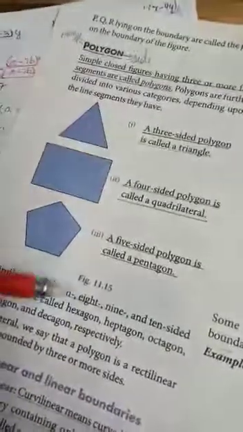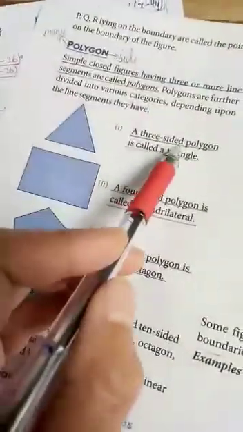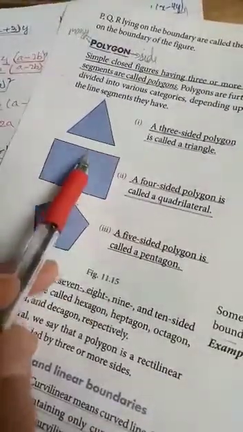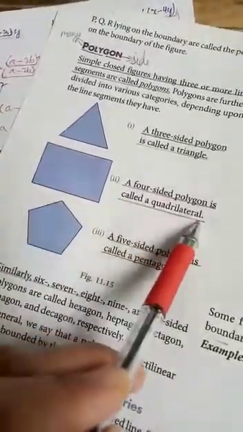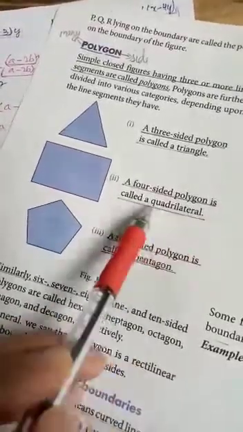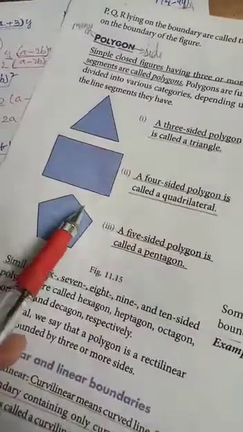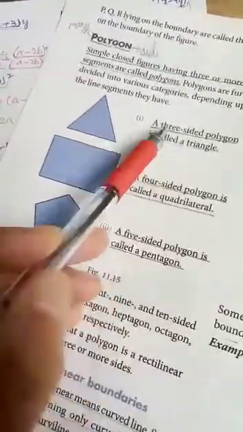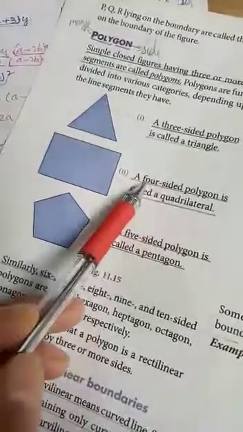Then we will see the different types of polygon. So see, if they have three sides, what do we call them? Three sides we call triangle. Tri means three, right? Then here, how many sides? 1, 2, 3, 4. Those which have four sides, what do we call them? Quadrilateral. Quad means four. Then here if you see 1, 2, 3, 4, 5. Those which have five sides, we call pentagon. Okay, try to remember those. Tri means three, quad means 4, pent means 5. So like that it will go on.